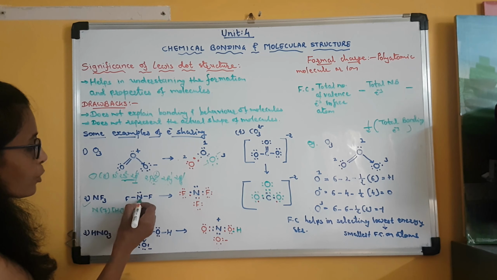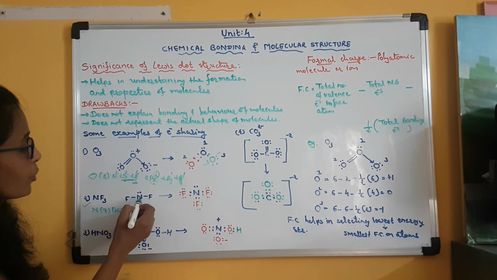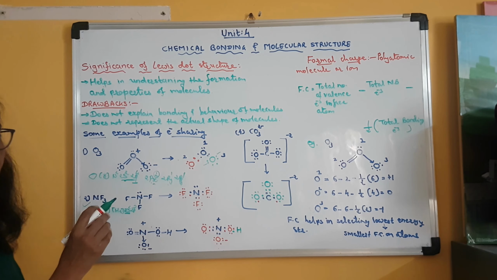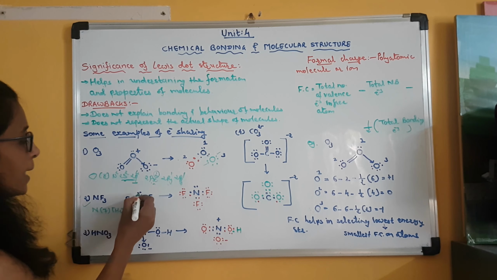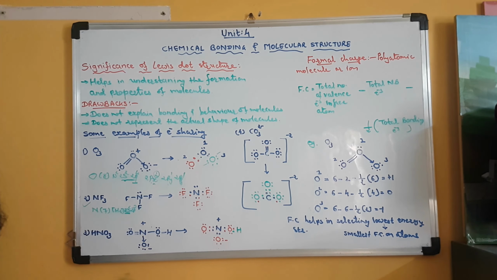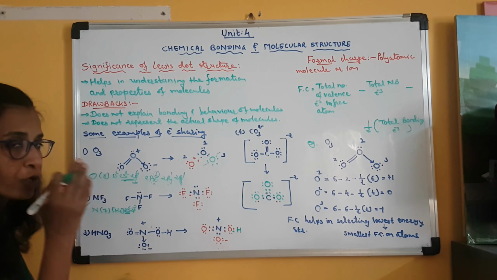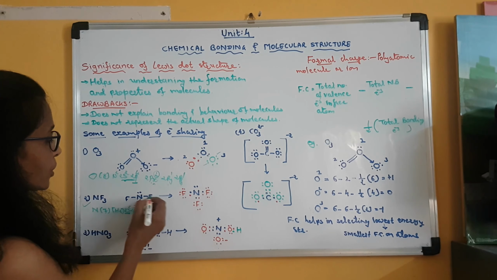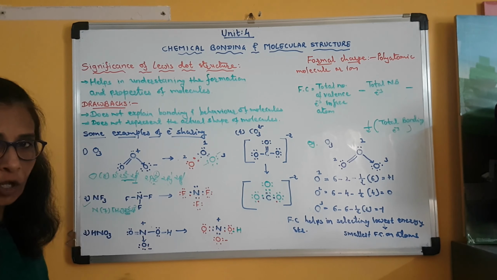So when nitrogen, the structure, see in the molecule of NF3, you can see a covalent single bond is formed between nitrogen and all the 3 fluorine atoms, and there is an electron pair present on nitrogen. There are electron pairs present on fluorine also. Clear? But here nitrogen is the central atom, so we have focused more on it. So this is the electron pair of nitrogen which is present in the 2s orbital.